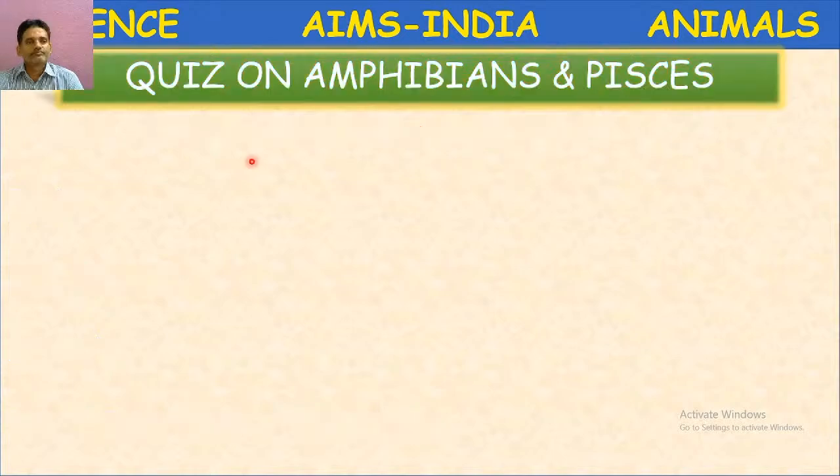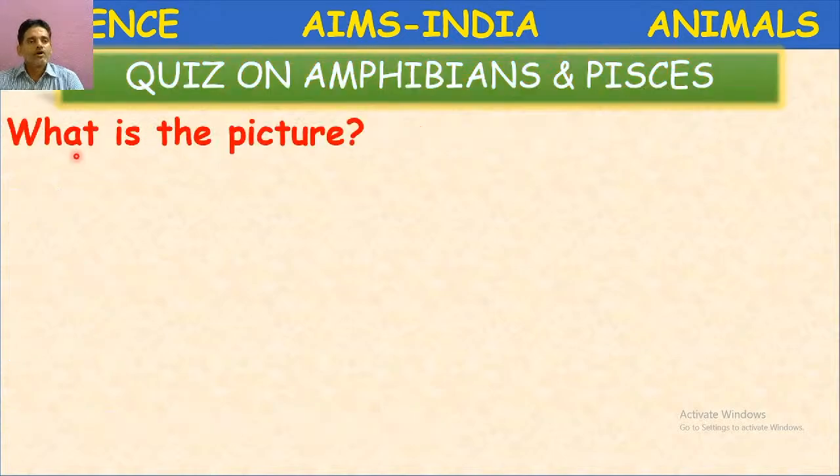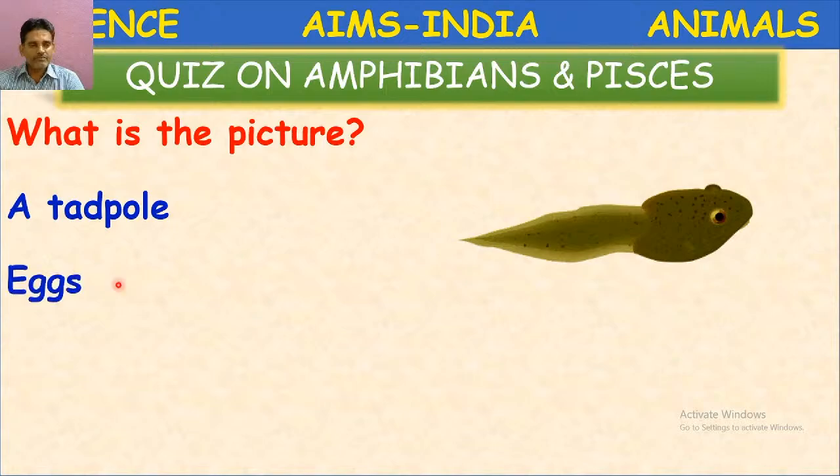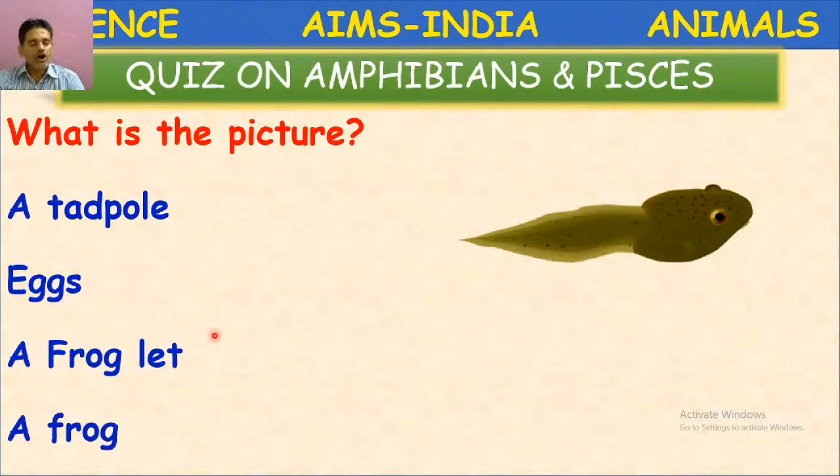Next, what is the picture given here? This is the picture. One minute, you see this picture, how does it look? It looks like a tadpole, or it's eggs of some animal, or a froglet. Froglet means baby frog, or a frog. Okay. So it looks like a fish. But here it is a